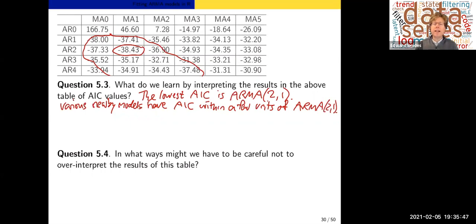And remember that AIC is essentially in log likelihood units, and so 1 unit is the substantial